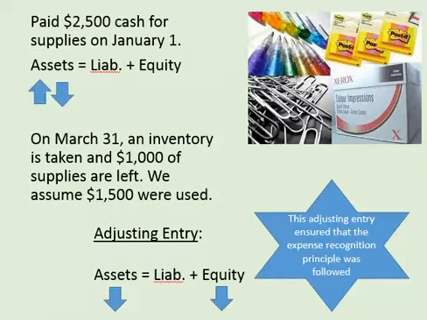So let's say, for example, that we paid $2,500 cash for supplies on January 1 in our business. Well, how the accounting equation would have been impacted by that transaction is one asset account, supplies, would increase, while another asset account, cash, would decrease by $2,500. But our accounting equation is still in balance because we have a comparable increase and decrease on the left side